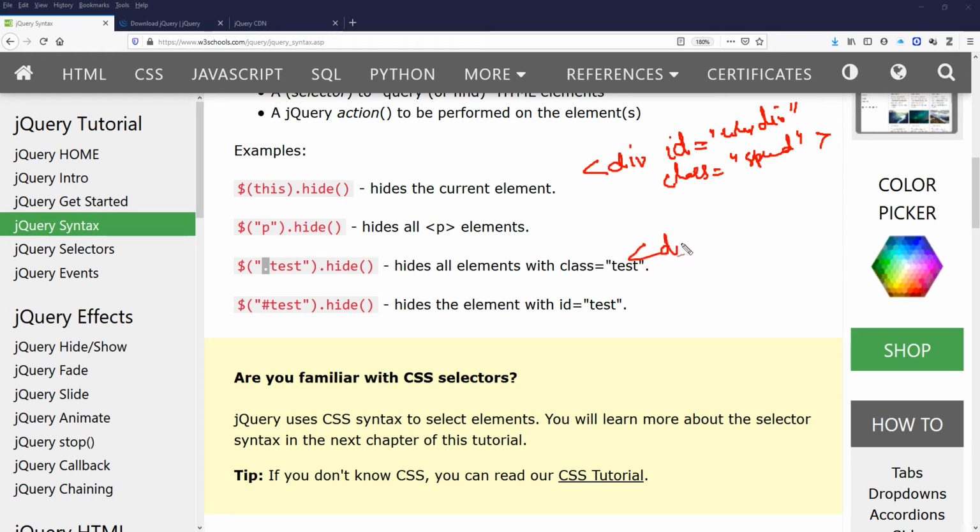I may have many more divs. All these divs have their specific IDs. These IDs can't be the same. The ID has to be unique, but they can belong to the same class. The class is the same. This class is special. So class will group